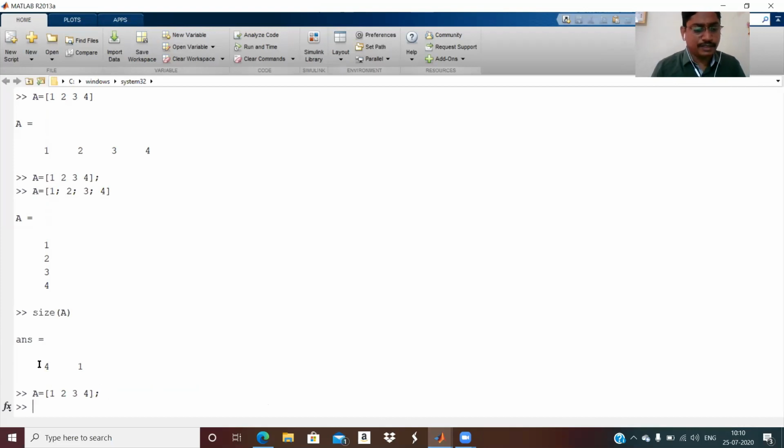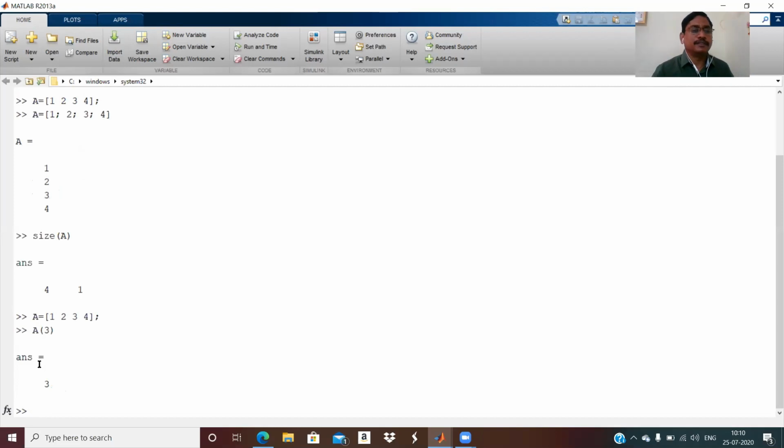I will take this as A, and I need to find the third entry in the matrix, which will be 3. Now I didn't assign any variable, so the default variable ans will be the answer.